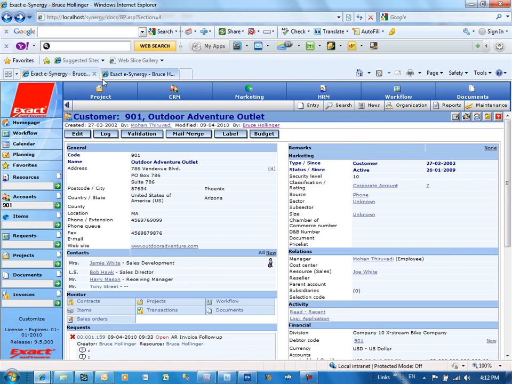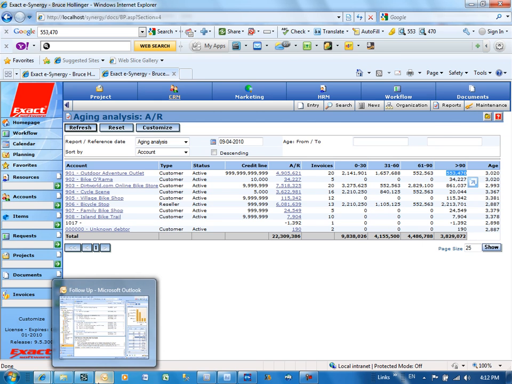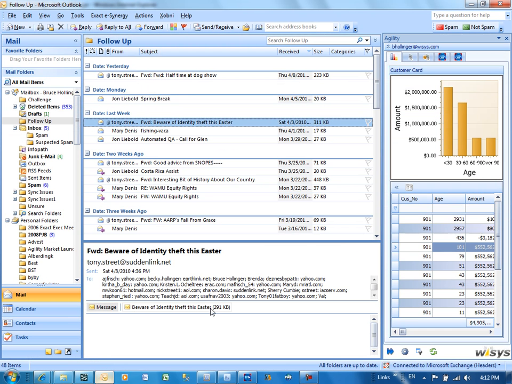The other thing I know in Synergy is I can do an aging analysis, and I can do that over here, but I have to go through multiple screens, and I see that he owes $553,470 over 90 days. But in this case, by merely clicking on Tony Street's email, I have all this information